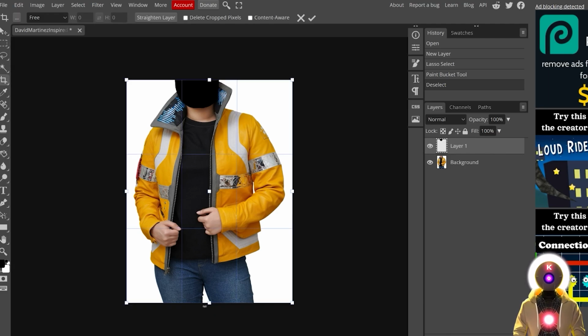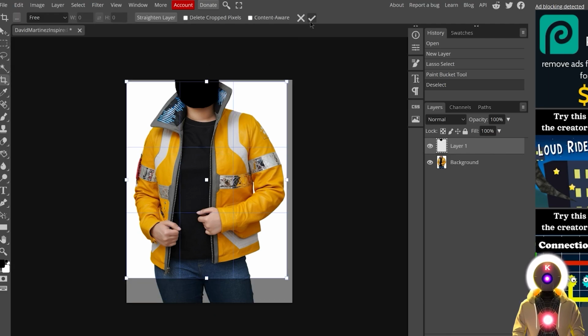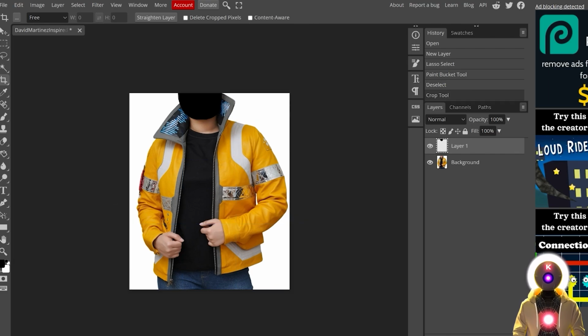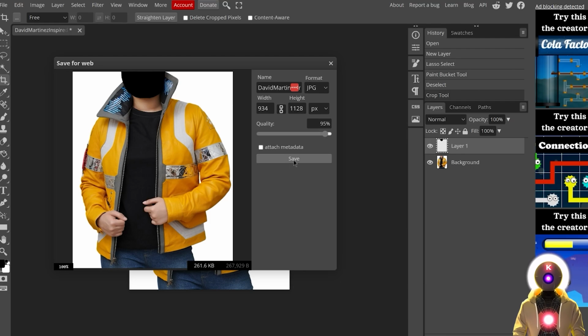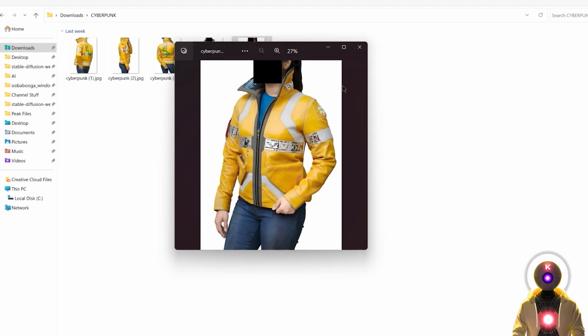Just again, do not forget to crop the image to only leave the important details, click here to confirm, and then once you're done, click on file, and then export as PNG or JPEG to save it on your computer. Now once you have all your images, where you remove the background and then censor the face, you might think